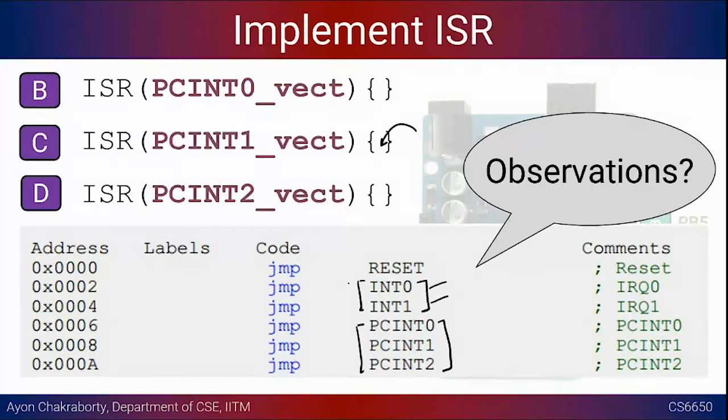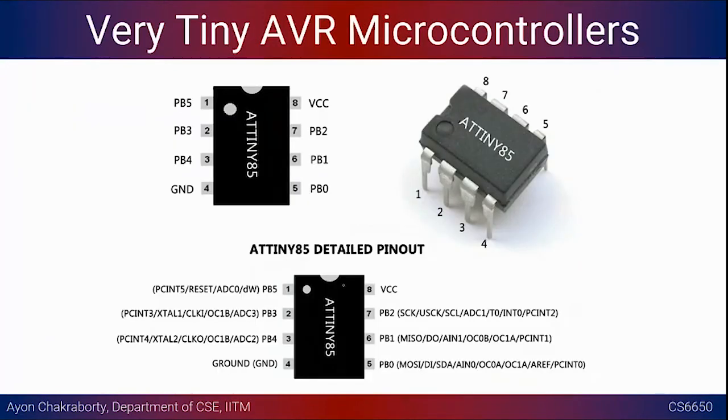So now think about situations where you still use the AVR microcontroller but packed inside a small form factor which only has, let's say, 8 pins, right? One example is this ATtiny85 microcontroller which only has 8 pins. All the GPIO functionality, ADC, everything is packed inside this, right? So all these pins have dual or multiple roles.